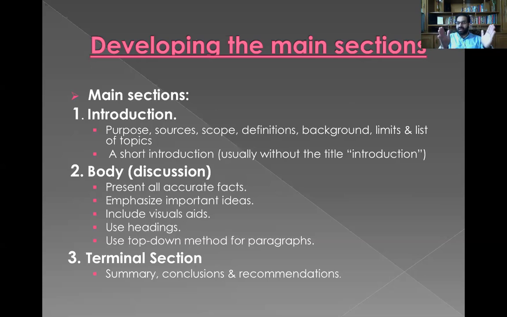Okay, present all accurate facts, statistics included. Any kind of facts and figures you have, you include that in your report. And emphasize important ideas, that is, what are the important ideas which the audience should know from the audience's perspective. For example, my audience can be the HOD, my audience can be my student, my audience can be anyone. So I'll wear the shoes of the proposed person, and then I'll talk accordingly. It's not that I write whatsoever I want to write, and you do not get detracked. It is not a fiction. It is connected in a truthful way.